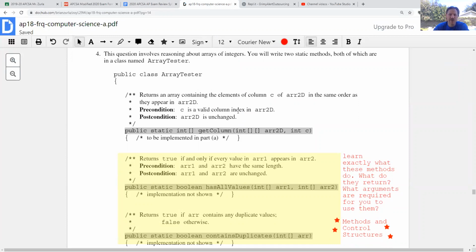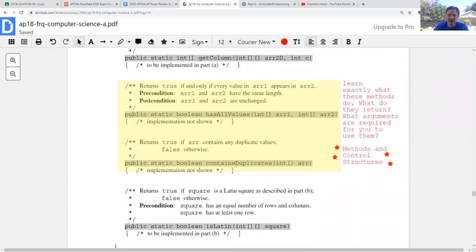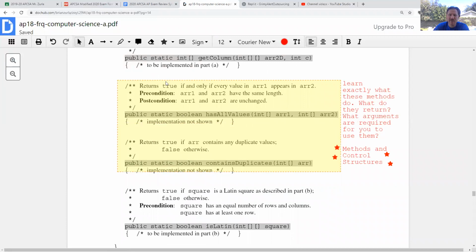working with here. I see that we're going to write a method in part A called getColumn. Okay, and then I also see that we're writing a method in part B called isLatin, but in between, I see these two methods here, hasAllValues, containsDuplicates. So when we see this implementation not shown, more than likely, we're going to have to call these methods, right? I don't see any instance fields or constructors or anything here. These are static methods, so they're kind of standalone, but we will have